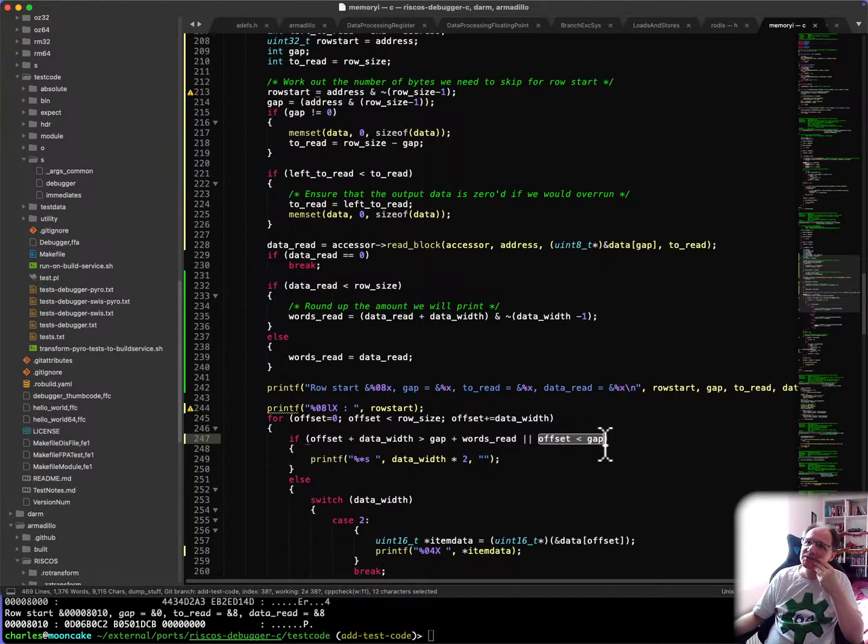So this one catches the left side where we're not printing things. This one, if the offset plus the data width, if the end section is outside the bounds,